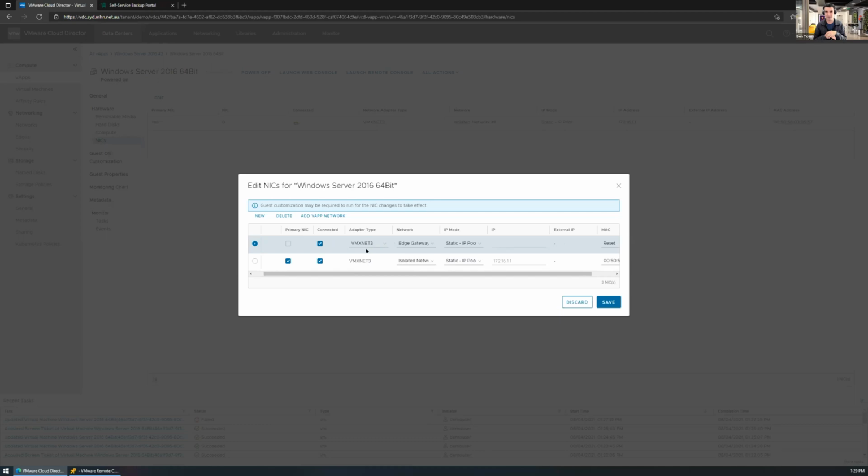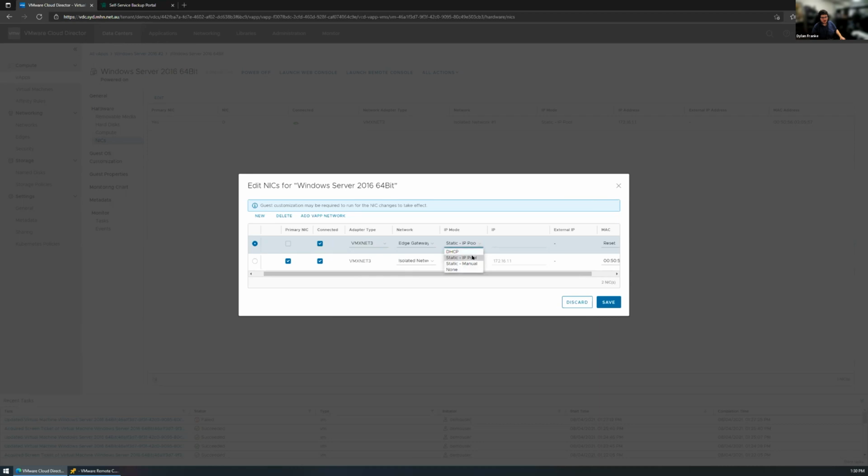Yeah, I see it when we do a lot of migrations, like if you do a backup restore that has come from on-prem. That was the old driver that they were using, and they're going to get less performance. So it's always good to check that when you're migrating a VM in to make it VMXNet 3. You're going to get the best bang for buck. Yeah, and VMware themselves recommend not using anything else except VMXNet 3 as well.